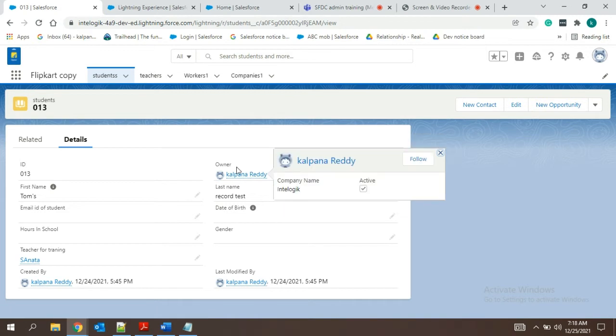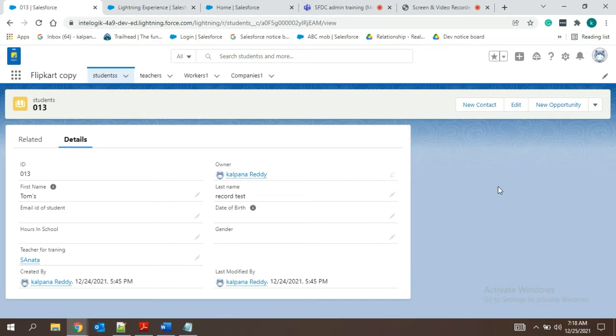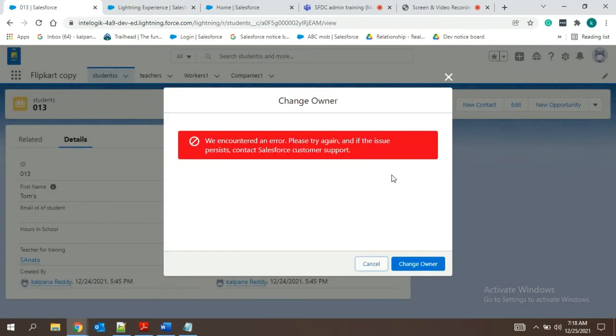Owner is something like a particular task assigned to me, meaning I will be the owner of that task. Until it is completed, I should take care. So now I am the owner of this record, and I have to work on this student's record and make some changes. But if you are not the owner, you will not have the rights to delete the record. Correct? Once you change the ownership, you can go and change.